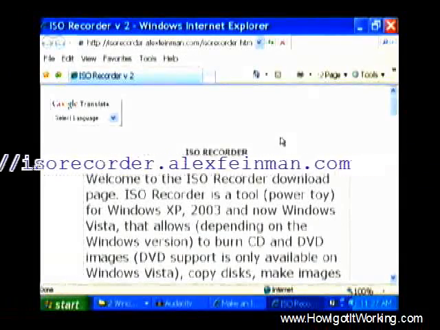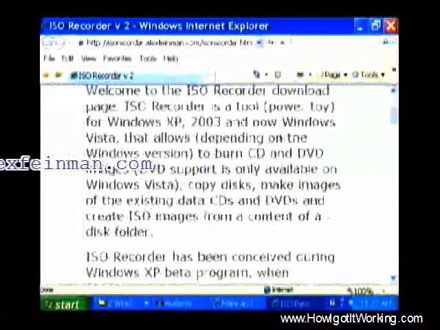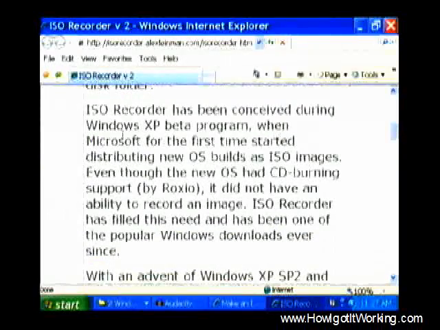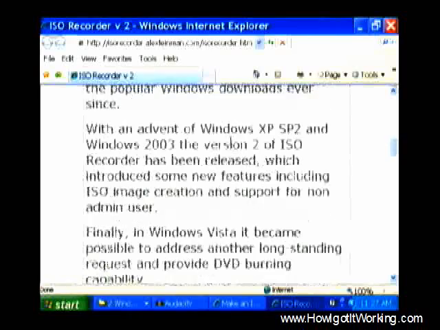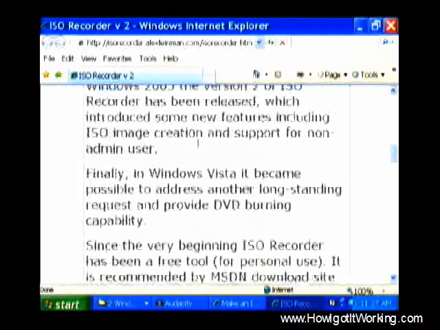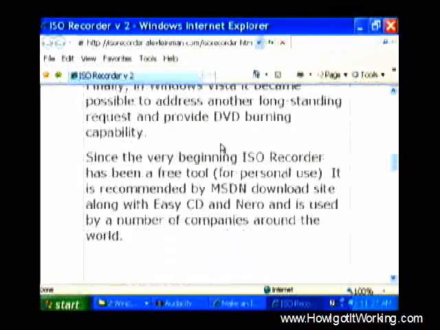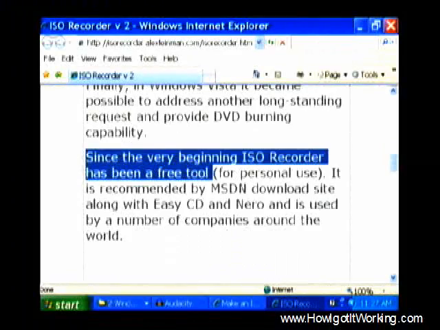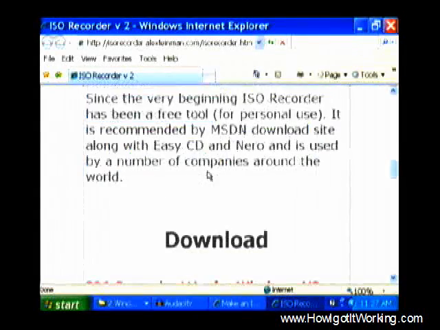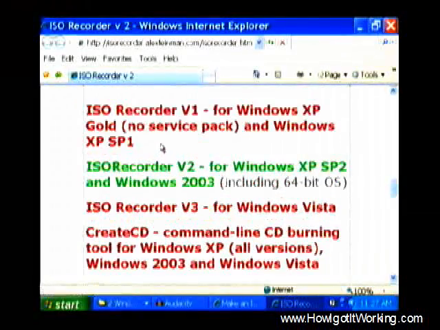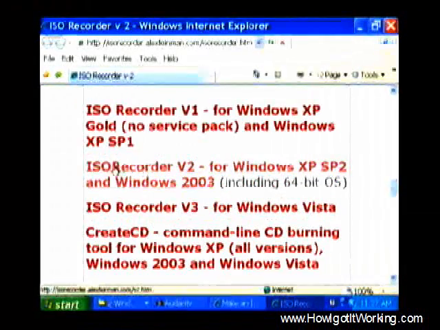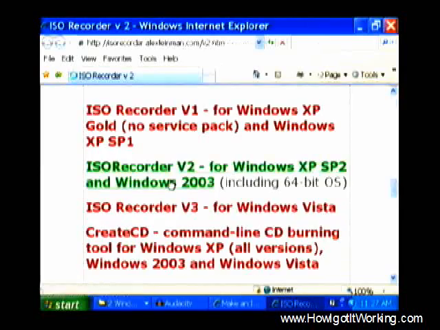I liked what I saw here. There's a lot of friendly text about their download page, some background about where it came from during the Windows XP beta program, the fact that there are various versions available, including a Vista version, and assurance that it has always been a free tool. I like that. So in their download section, I went to the section that corresponds to my computer, not this one. My computer is most like this one, Windows XP Service Pack 2 and Windows 2003. So I'm going to click there,